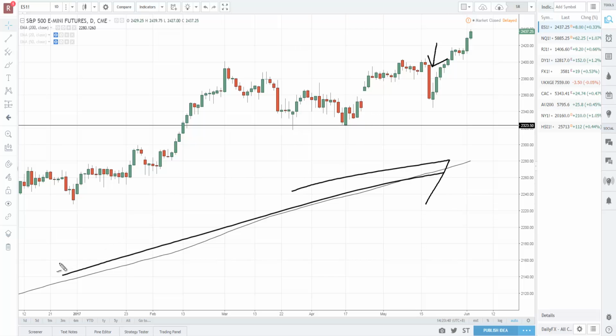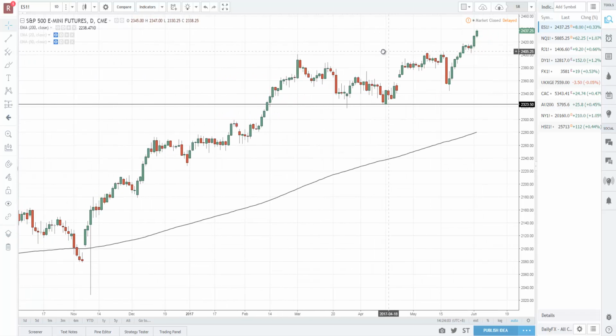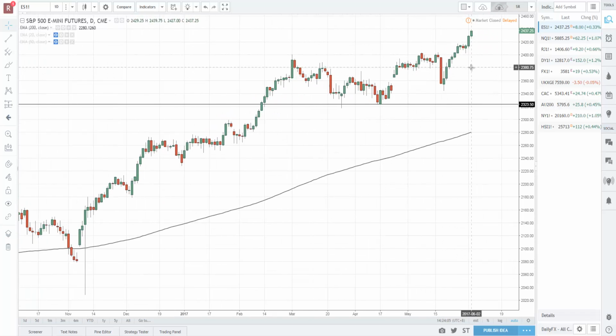I would say the long-term trend is primary. The individual candlestick patterns are secondary. Always look at the long-term trend. Don't look at the candlestick pattern to tell you whether you should be long or short. So needless to say, this market is very bullish, and to get an entry, there are a couple of